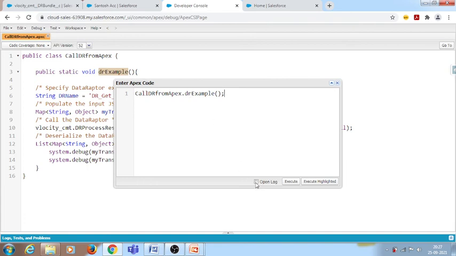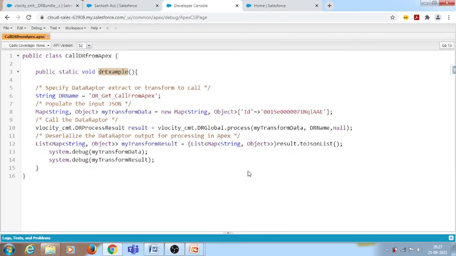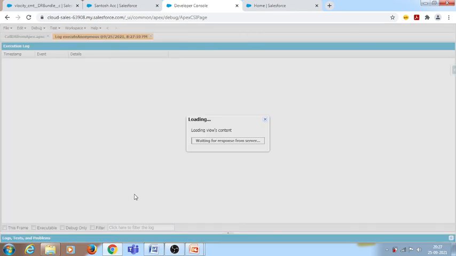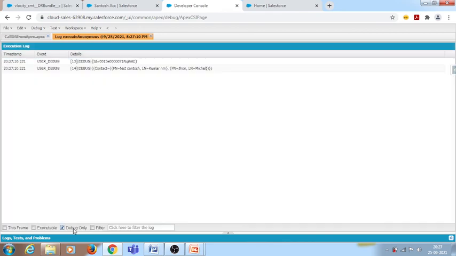See, if I click on open log, then the logs will be opened by default, and we can observe the debugs, whatever debug statements we kept in lines 13 and 14, from here. If we click on debug only, see, I have passed this ID as a key and value pair, and in the return it is returning the JSON under the contact.